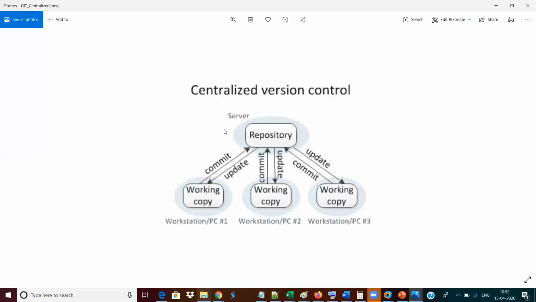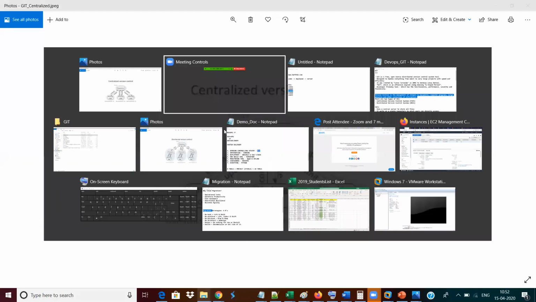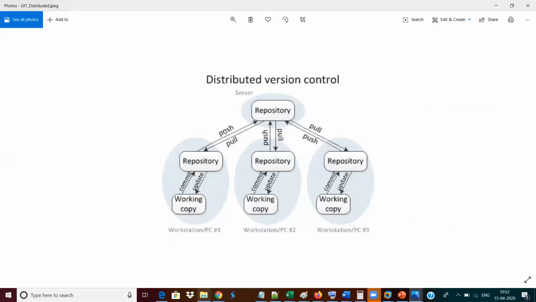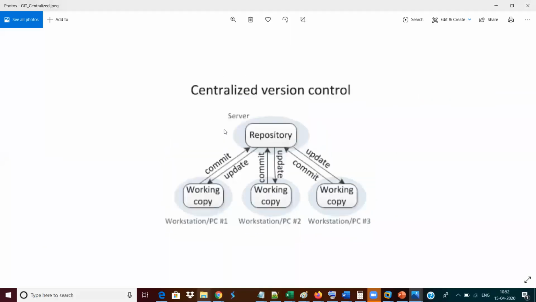Once after learning centralized and distributed version controlling systems, I will open a questionnaire session for you guys. So just listen to me very carefully. You can see on the screen both the centralized and distributed version controlling systems, but you can see that both diagrams do not look the same. There is some difference between these diagrams. The functionality difference is what is written in the diagram also.